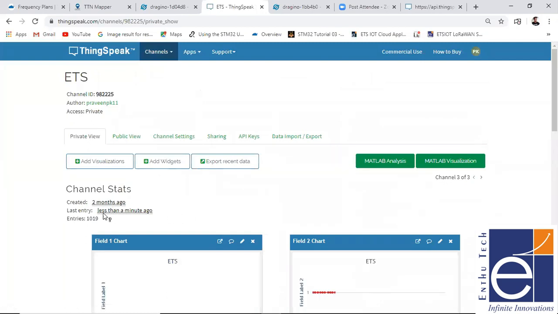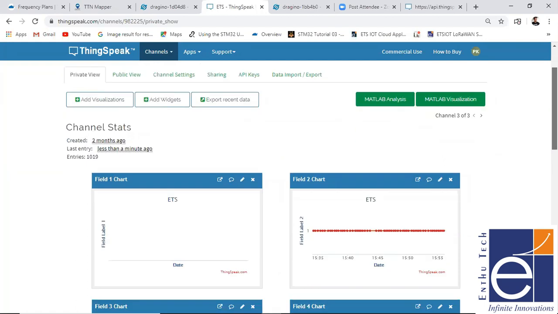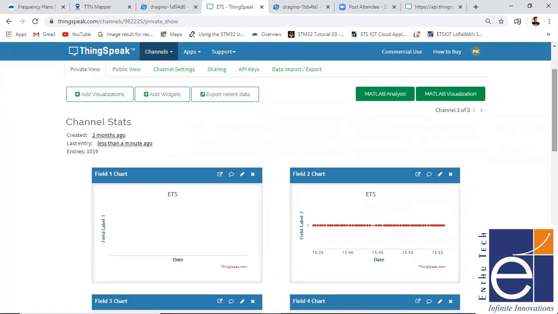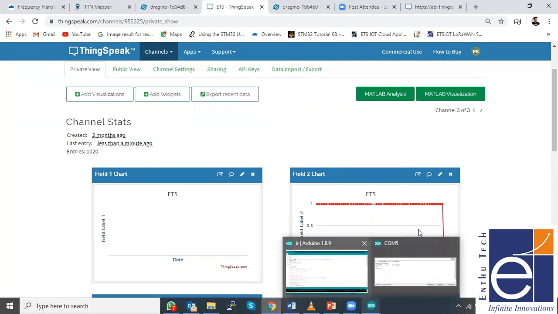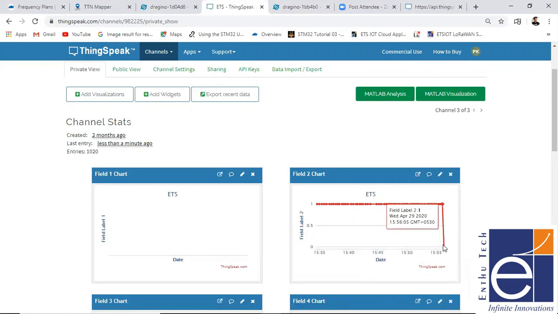So here you can see in less than a minute I just got my data. Actually, the previous data was one. Now I'm placing some interference in between this. So now you can see your data falling down. Right? Wait for some time. So let it upload the data here. So once it uploaded the uplink data, now you can see it's gradually decreasing to your zero value, right? So now uplink is happening here.